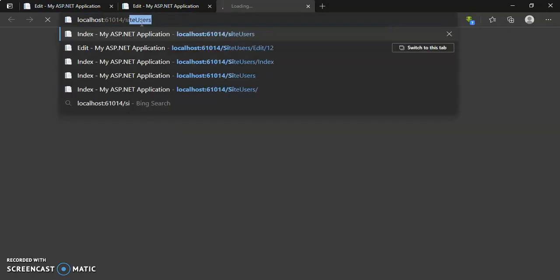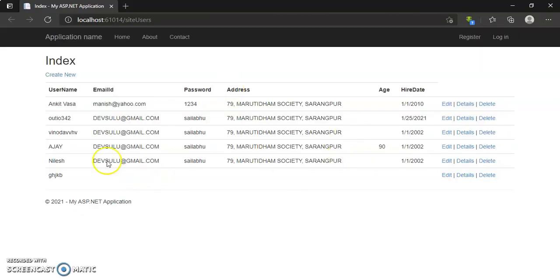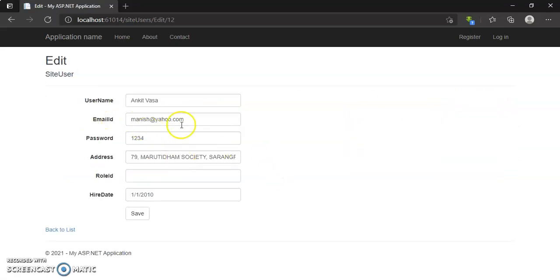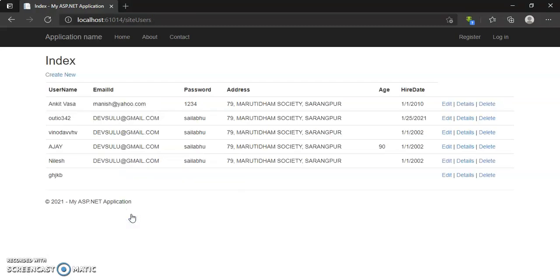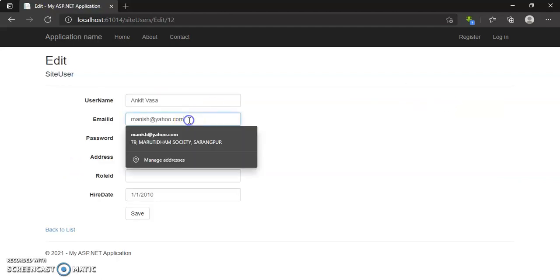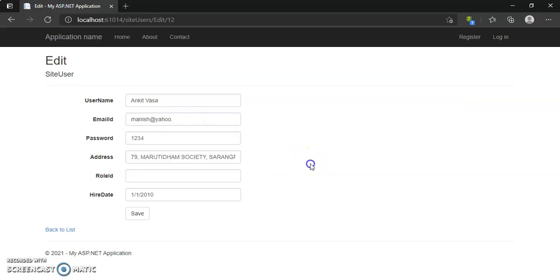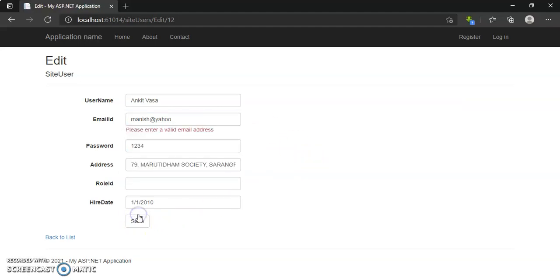For that, site user. Let's add this first record, and here the email address contains all the things properly. If I save, nothing happens and it is saved. But if I remove this .com, so that after the dot there is nothing, it will give us an error: please enter a valid email address.